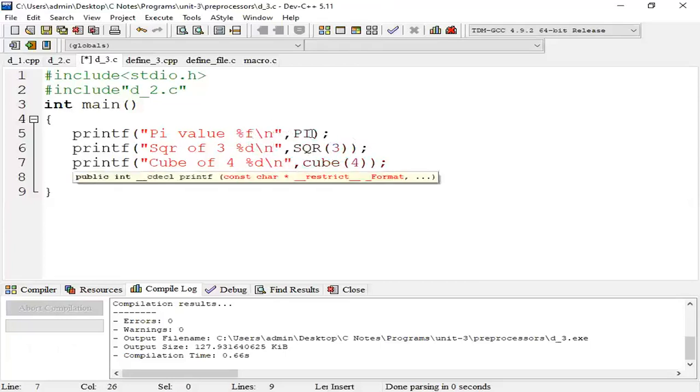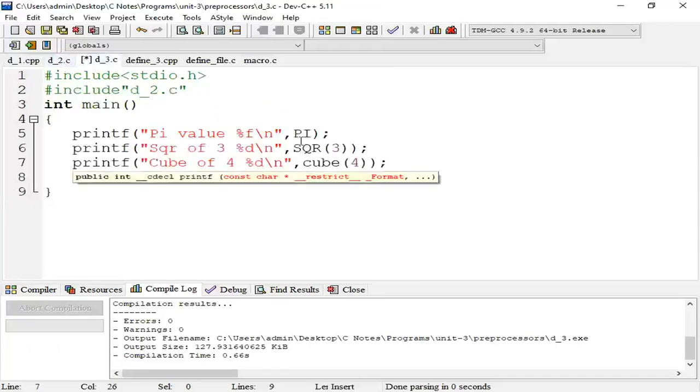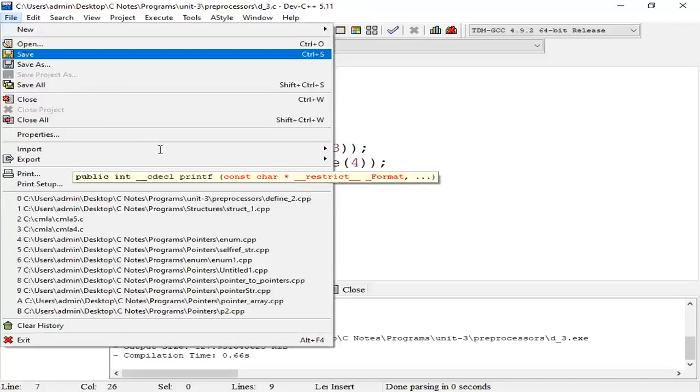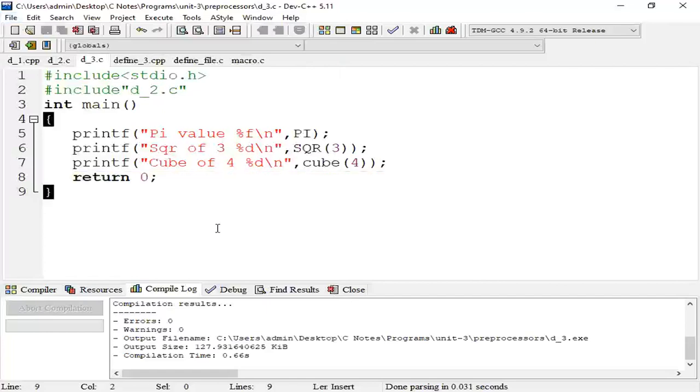What is the reference of the file? The D2 file contains only some macros, so now the macros are accessible through this line. We can access the macro of pi, macro of SQR, macro of cube. In that way we can access macros or any additional or variable definitions.